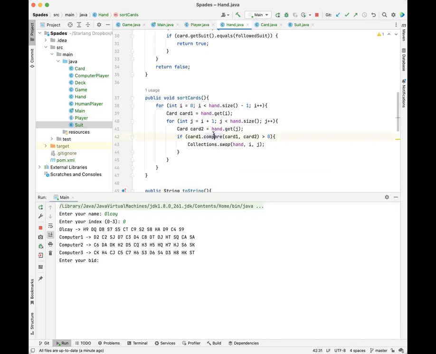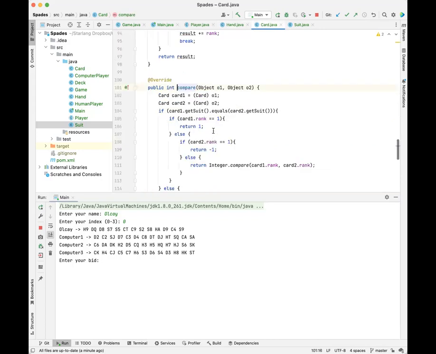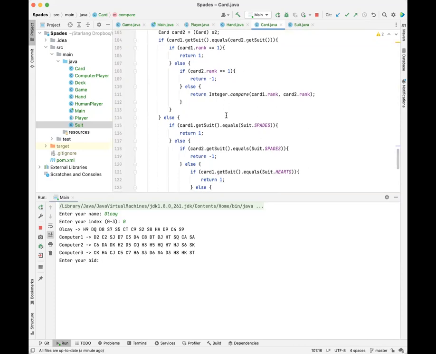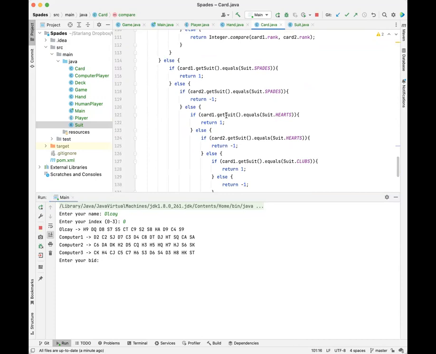So let's look at if the suite equals, if the card one suite is equal to spades, in this case you return the first one is larger, and otherwise if card two suite equals spades,